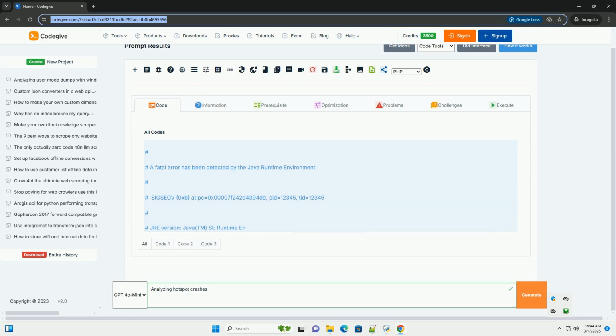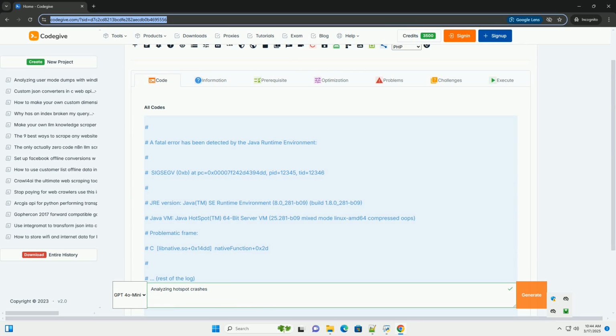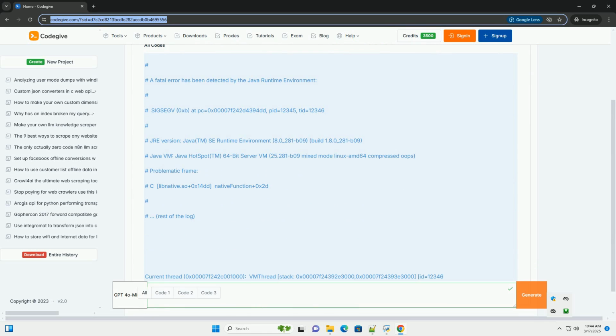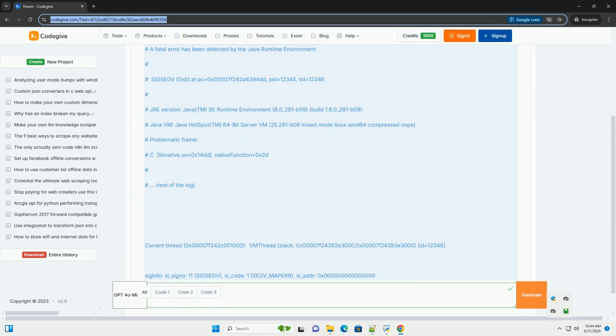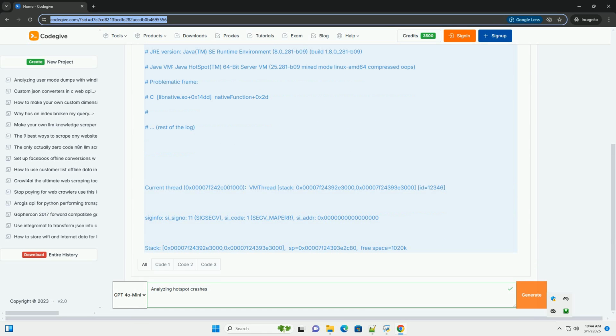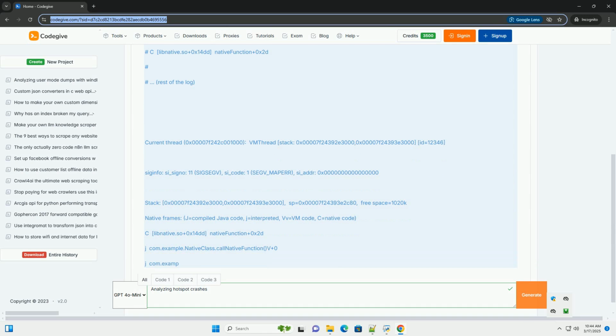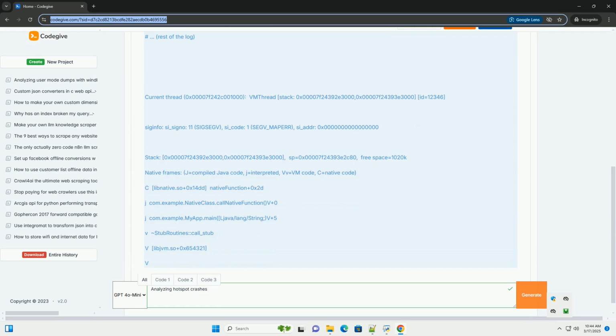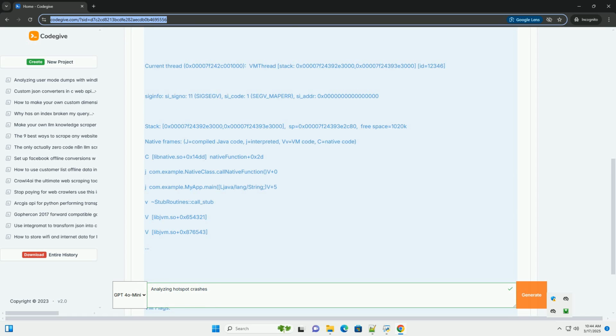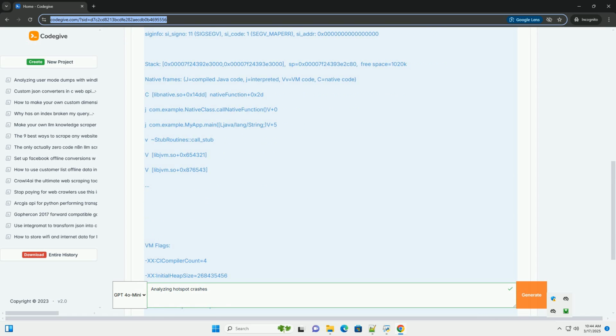OK, let's dive deep into analyzing HotSpot crashes. This is a comprehensive guide, covering the crash dumps, tools, and techniques for troubleshooting JVM crashes in Java applications. It's a complex topic, so be prepared for some technical details. Understanding HotSpot crashes and the crash dump,